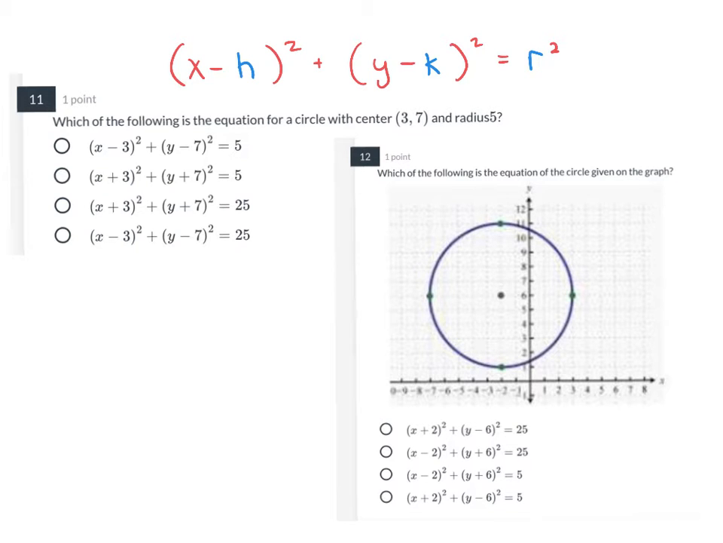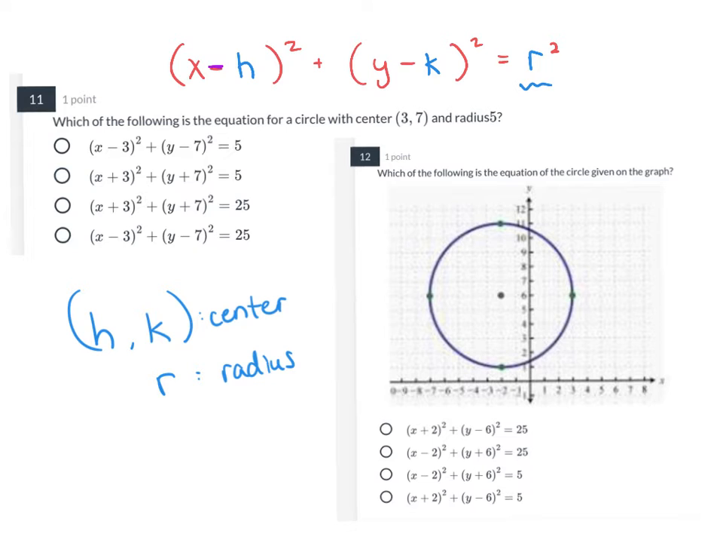And in that equation of the circle, the H and the K represent the center, and the R is the radius. So this part is always the radius squared, and notice how there's a minus sign there. So whatever you see in the equation is the opposite of what the center is. Okay? So if I want to know which of the following